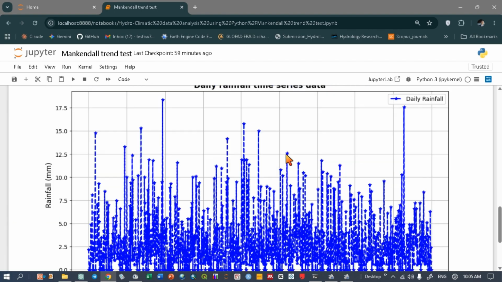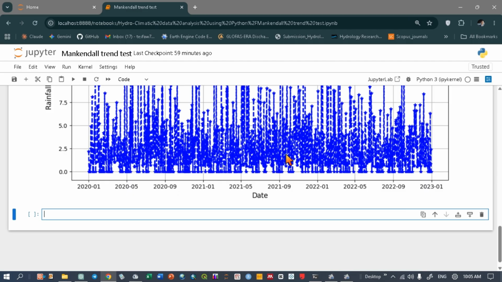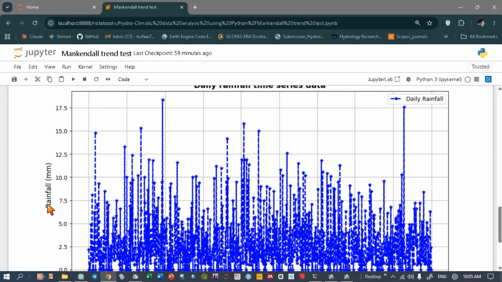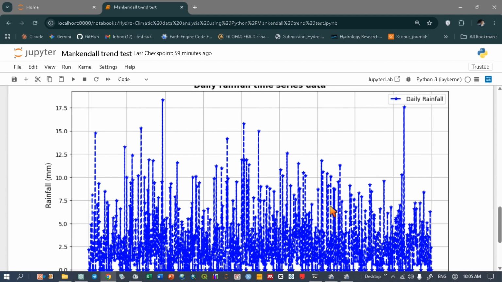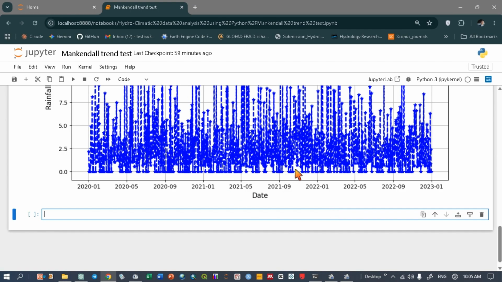So this is not that visible, and it's congested, since it's daily rainfall. So let's change this plot to have a better visualization on a monthly basis. In order to do that, we have to resample